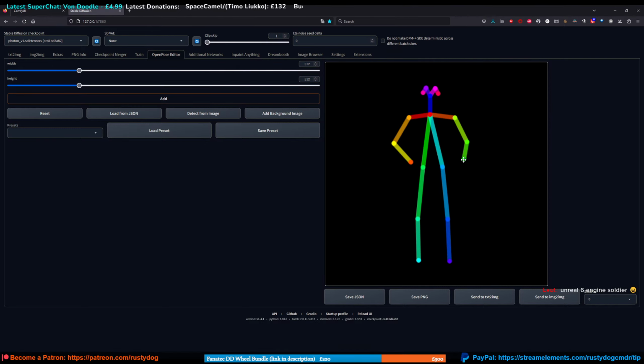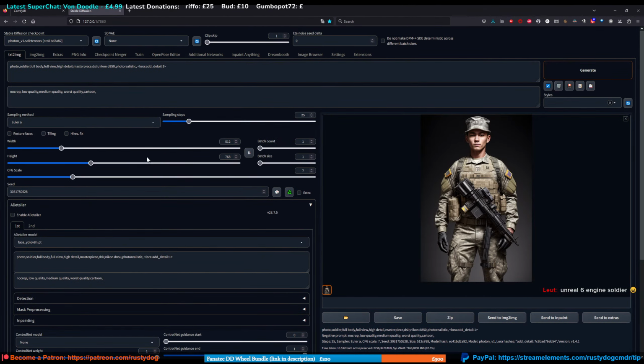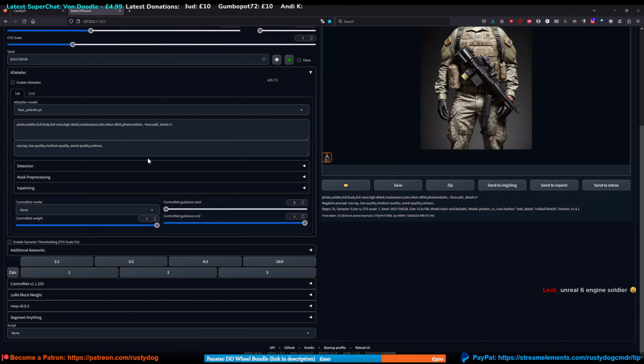Unreal 6. Right, so that I think is going to be, so send to text to image. That's not what I want to do though, is it? Surely I just want to save the JSON file. Wait a minute. If you send it to text to image, no, it has to be done with,